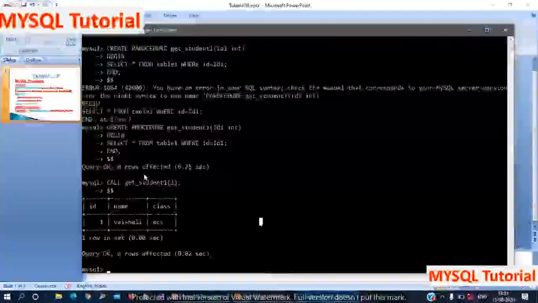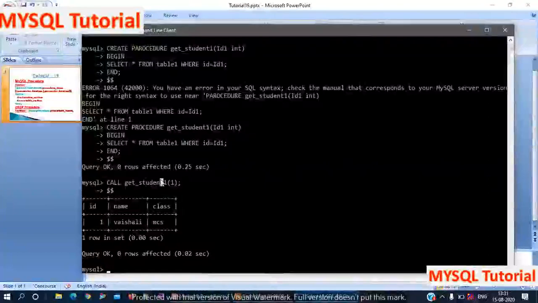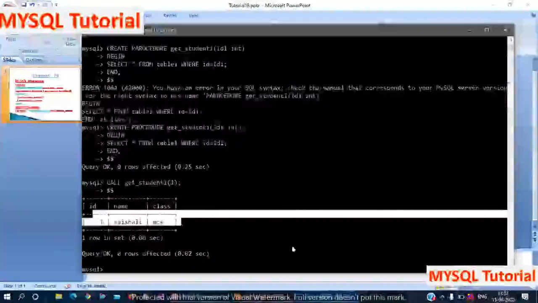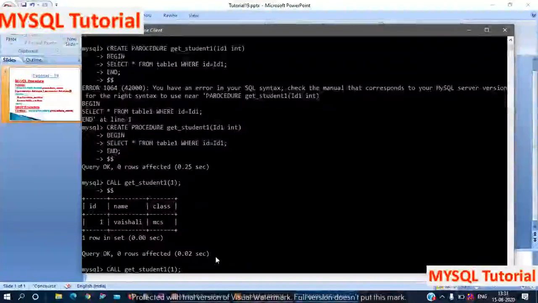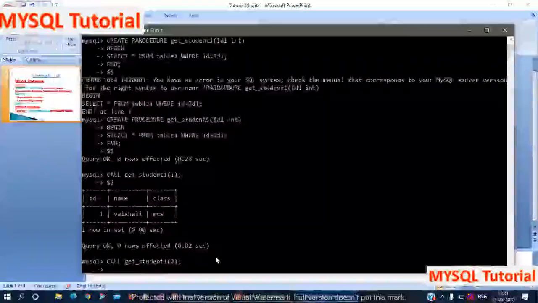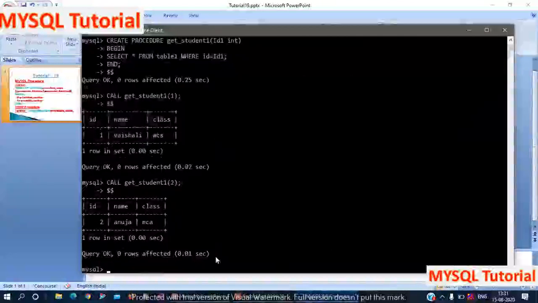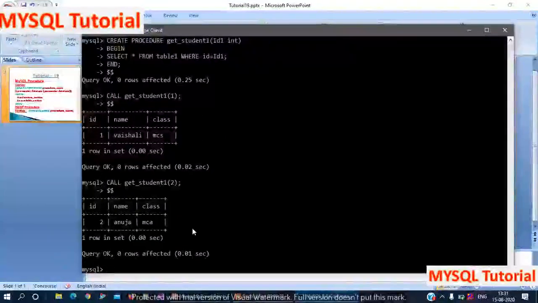Here see, I am passing parameter, that means id as 1, and we got records which contain id as 1. Now I am passing parameter 2. Here we got record which contains id 2, because we know in table 1 there are only 2 records which contain id 1 and 2.